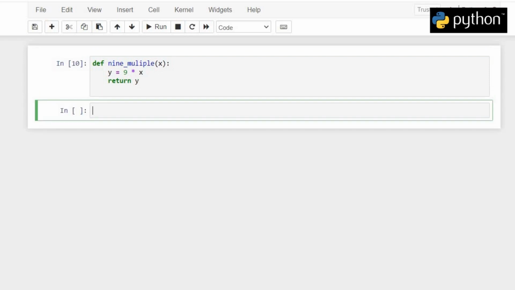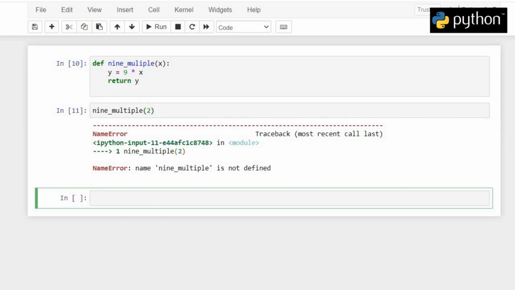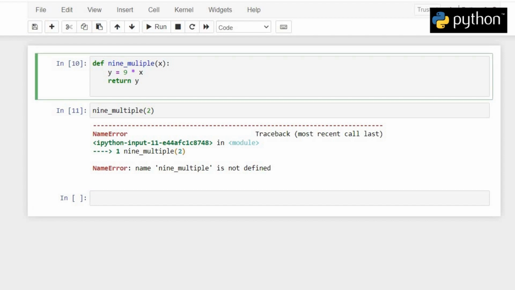Now if we call our function, we have to write the name of our function, which is nine_multiple, and give it an argument. So if we give 2 as an argument to our function, we get an error that the name nine_multiple is not defined. So what did we do wrong? Okay, here we have not written t.